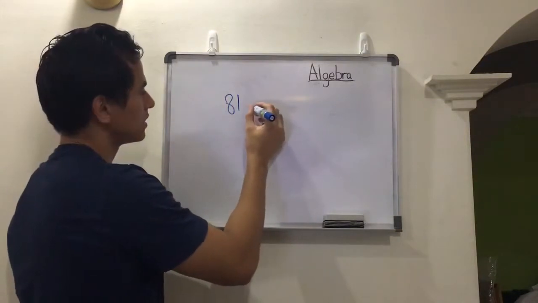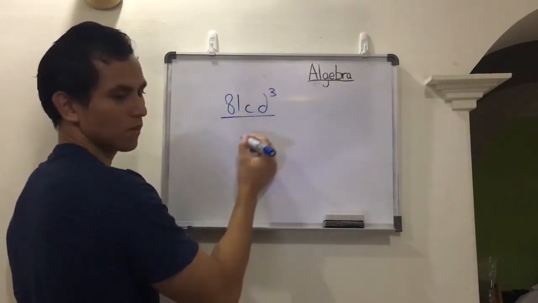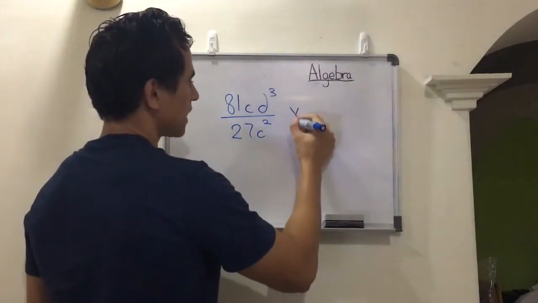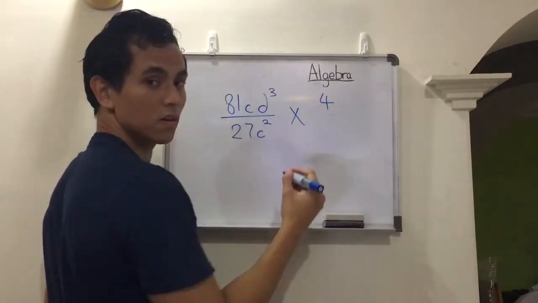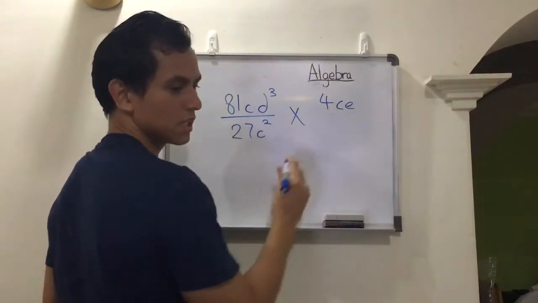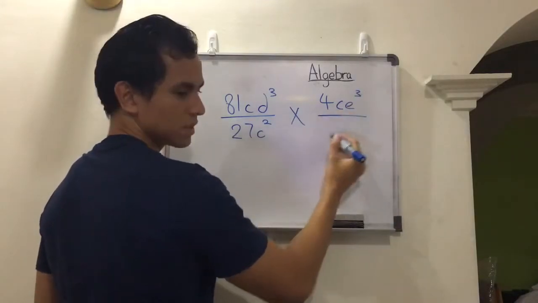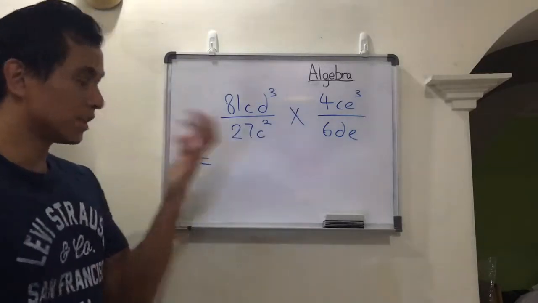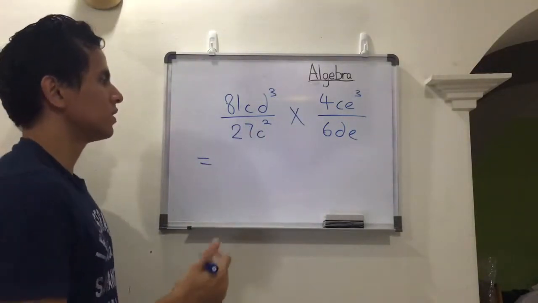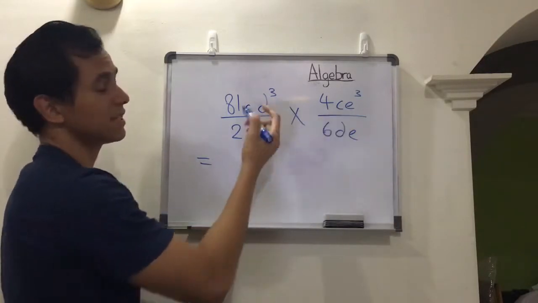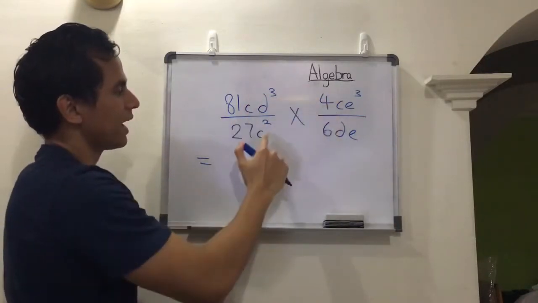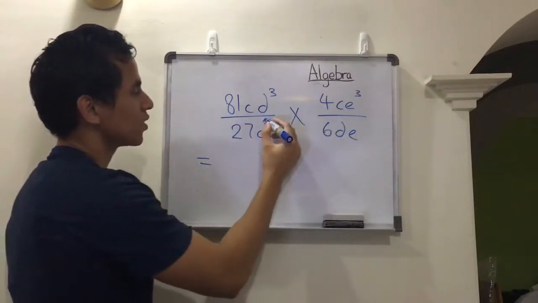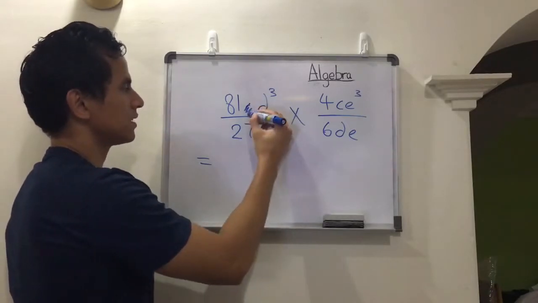81CD cubed over 27C squared multiplied by 4CE cubed over 6DE. Alright, so again, three variables as you can see. So I see C squared here, I see C here and C here. This is great, you know why? There's two C's on top and two C's below, in a way, because it's C times C, right? So I'm just going to go ahead and cancel out this C squared, cancel out this C here, cancel out